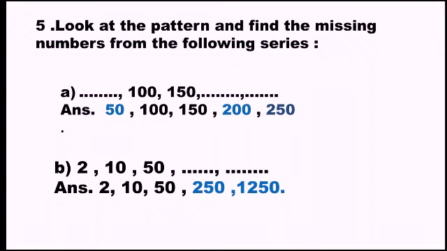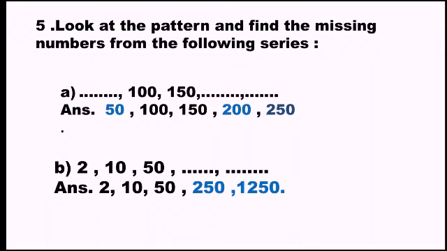First of all, when we need to find out the missing number in a number series, at that time we have to find the gap between 2 terms. If we want to find the first place, then if it is a forward series, we have to subtract, and if it is a backward series, then we have to add for the first place. See, in the first question 100 and 150 are given, so the first place will be 50 and the rest will be 200 and 250.